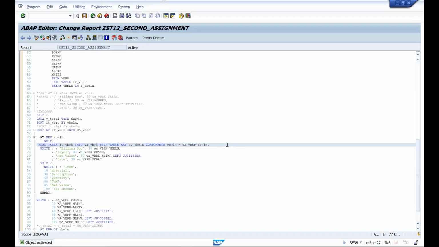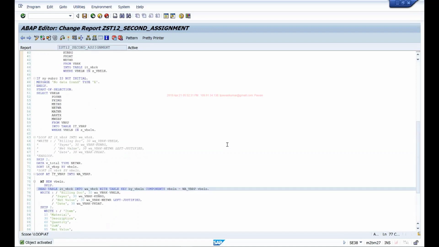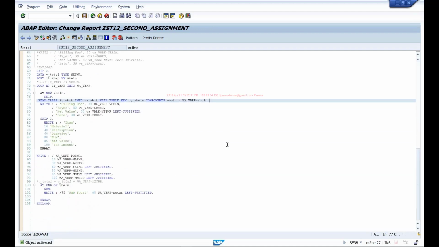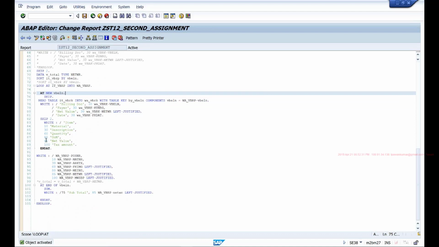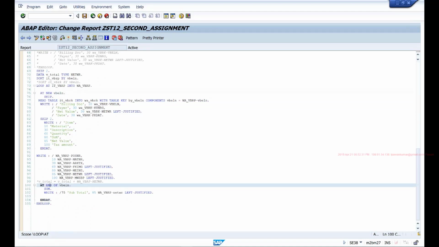Whatever we learned this week, we've almost used all of them to handle this requirement. And you now know the purpose of each one of those. What is the purpose of using the secondary keys? How has it helped me with this program? What is the purpose of messages? How is it helping our program? What is the purpose of this control break statement? And what is the purpose of the AT END OF statement?